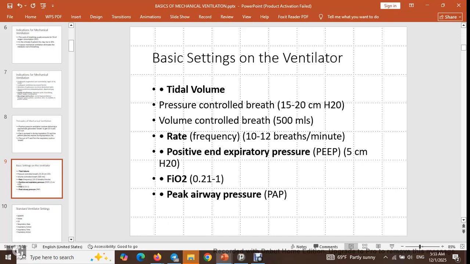six to eight, and 18 breaths per minute based on the patient's disease condition. PEEP can be started from 5 centimeters of water, and you can extend it up to 20 based on the compliance of the lung. The other is FiO2. We can start from the